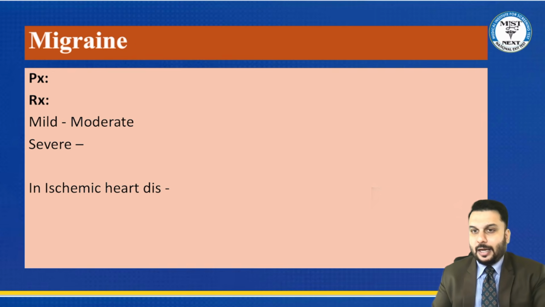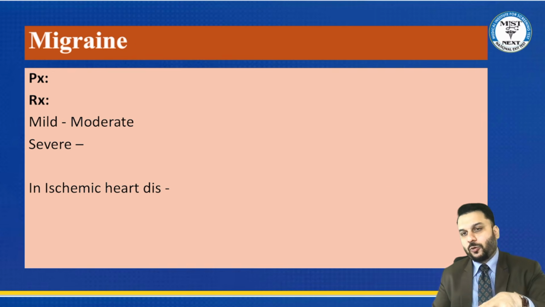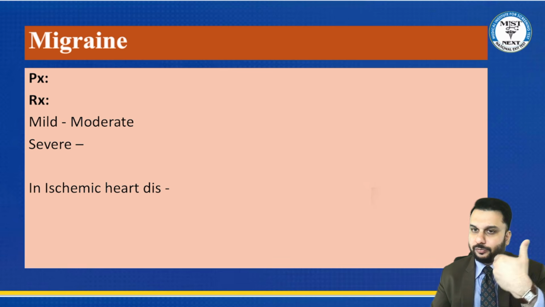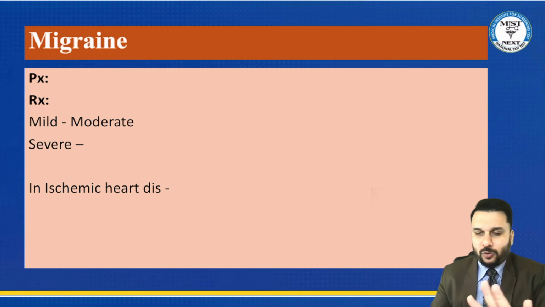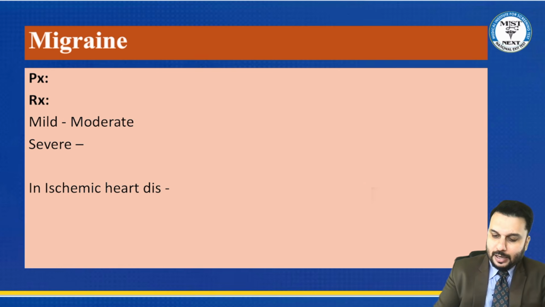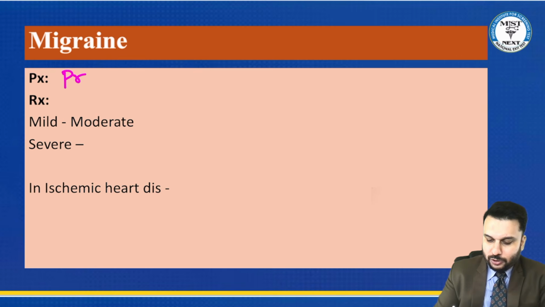Once I am an established diagnosed patient of migraine, meaning the doctor told me I have migraine, I have to take a medicine if I get migraine very frequently. So every day I have to take a medicine, whether today I have migraine or I don't. That's called prophylaxis. And the drug of choice for that is called propranolol.